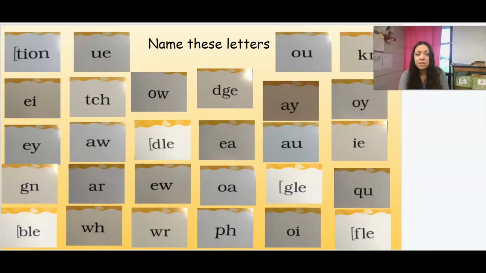Are you ready? So I've got final syllable T-I-O-N, digraph U-E, diphthong O-U, ghost, digraph K-N, digraph E-I, trigraph T-C-H, digraph or diphthong O-W, trigraph D-G-E, digraph A-Y, diphthong O-Y, digraph E-Y, digraph A-W, final syllable D-L-E, digraph E-A, digraph A-U, digraph I-E, ghost, digraph G-N,